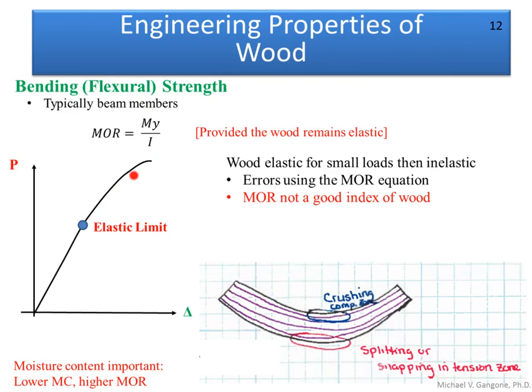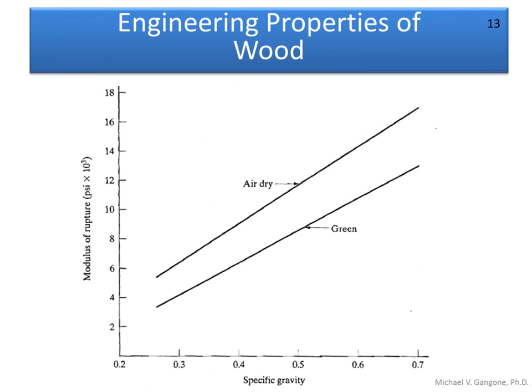So if it starts to become inelastic, excuse me, not linear elastic, but in nonlinear behavior, then this particular equation is not valid. So it becomes more of an error to be used. But wood is something that is very commonly used as flexural members, right? It's very commonly used as beams, for example. All right. So another thing to look at is, again, what effect the specific gravity has on the